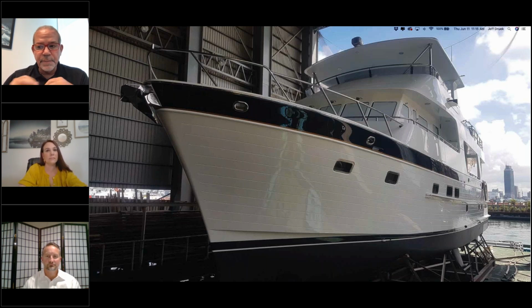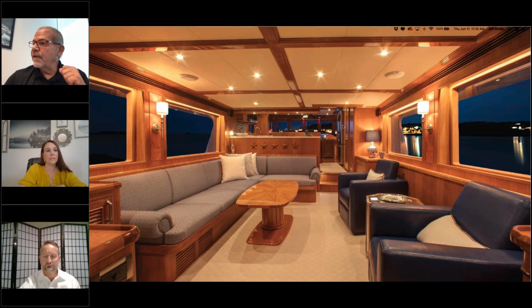Well, our boats typically, our classic design is a typical salon aft, galley midships, pilot house forward design, which we've been building for almost 20 years now. And I'm going to show you an example of a boat. Well, here's a typical, this is a 70, I think, as an example. Salon aft,